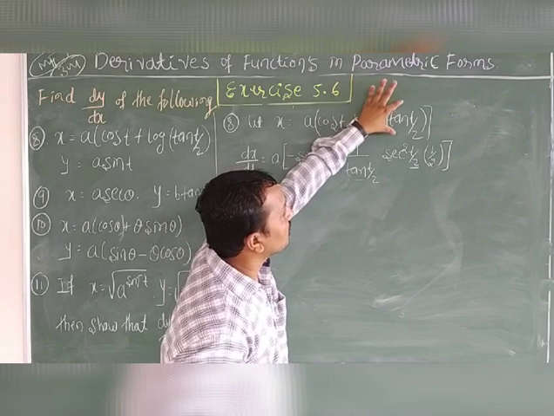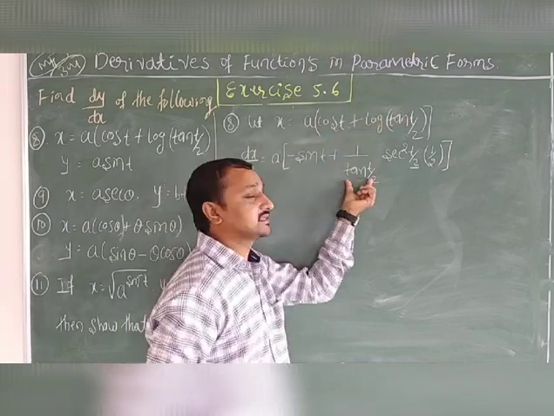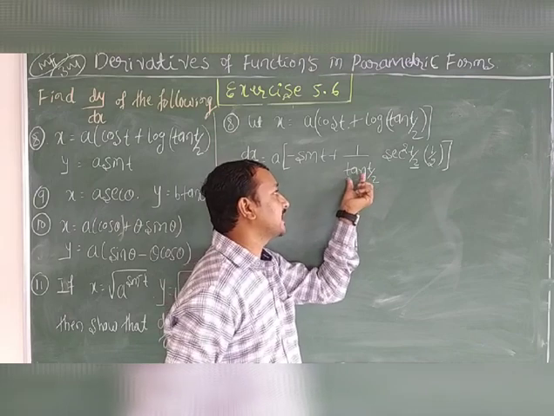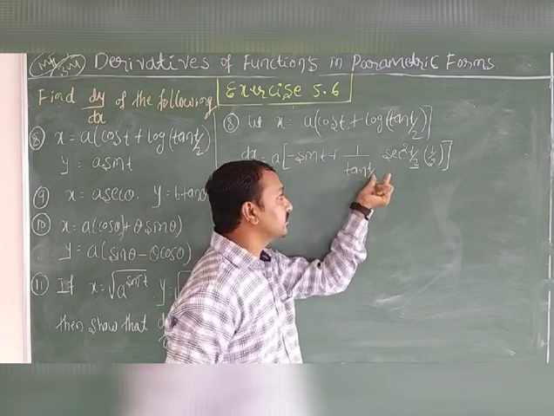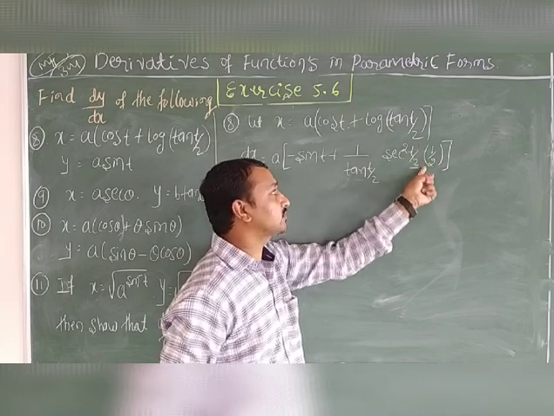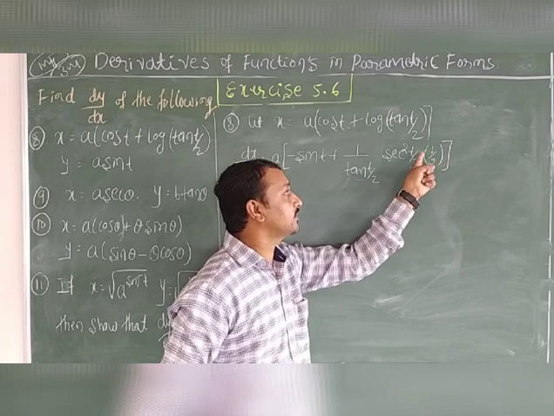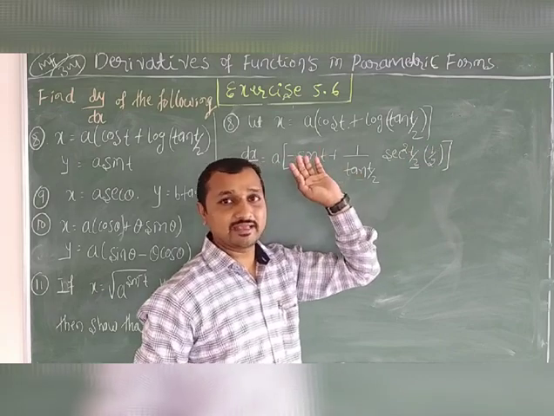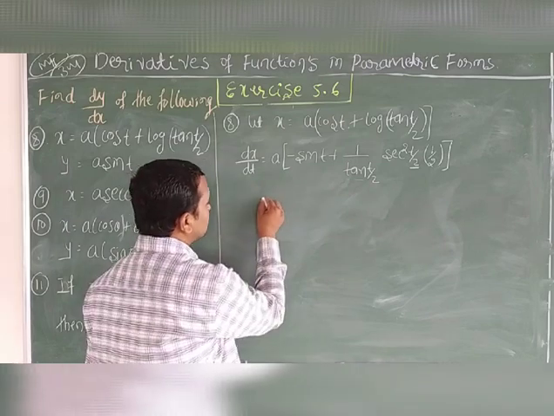So the derivative of the log x part: the derivative of log x is 1 divided by x. Instead of x, tan t by 2. The derivative of tan is sec square t by 2, keep as it is. This is also not a standard form, so again differentiate this t by 2. Take 1 by 2 as common. The derivative of t is 1. This is a very important step, and we solve this step.